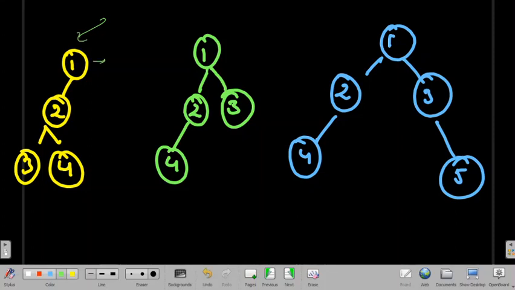At level 0 we have only one node, so width will be 1. Here also width will be 1, because here we have a left node, and on the right side we have a node that is equal to null, right? Because it is on the right side and it is null, we will not count this.